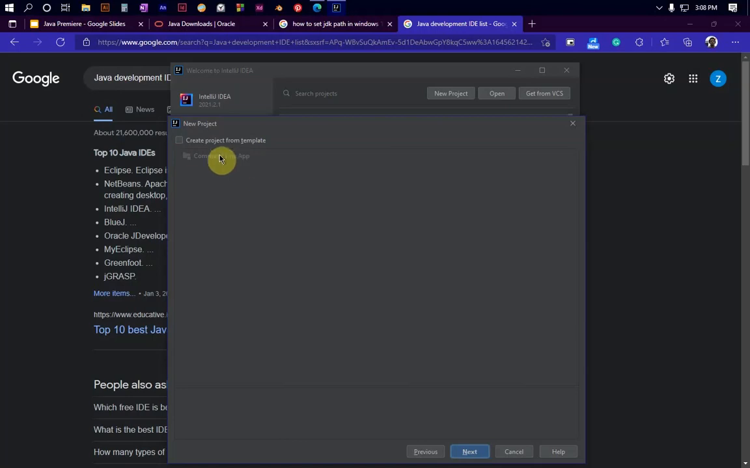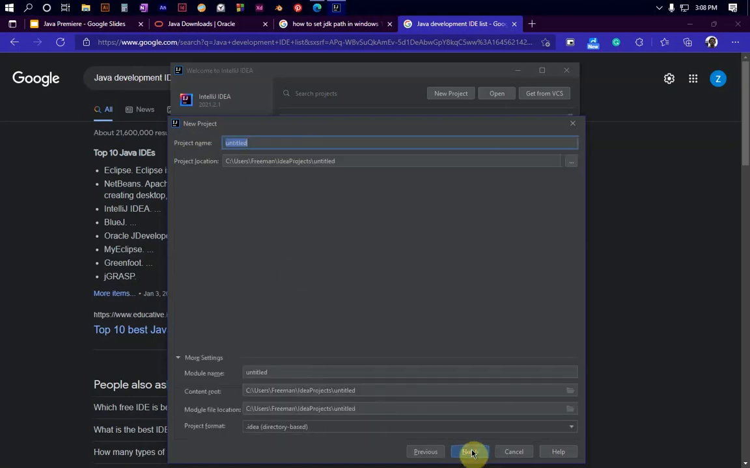So I'm not going to choose create project from template, because I want us to start everything afresh. What we are going to do now is look at what we're going to create. We are going to create a Hello World application, or a Hello World program, a program that is going to greet the user, something like that. So maybe we are going to type in the